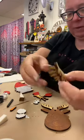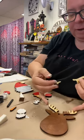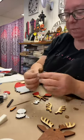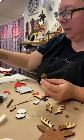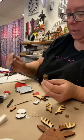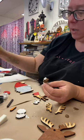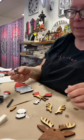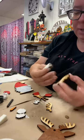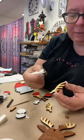But I've got my little antlers here, and to make them stand out, I'm going to do them a lighter shade of brown. So now I'm just going to take that same wedge. I've got to add some white paint to it. So I'm going to get my brush clean, and I'm going to grab a little bit of white paint, and I'm just going to brush it on the end of my wedge. That way I'm not dipping my brown wedge into my white paint and muddying up my white paint, because I still need it. Okay, so this is what it looks like, and it's not pretty right now,